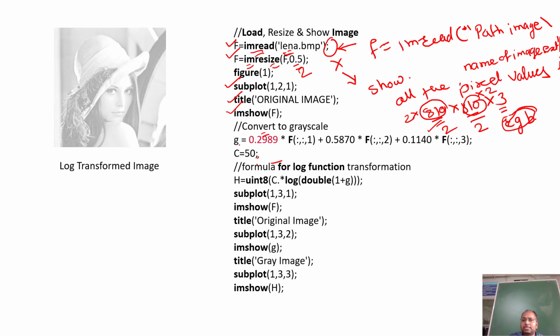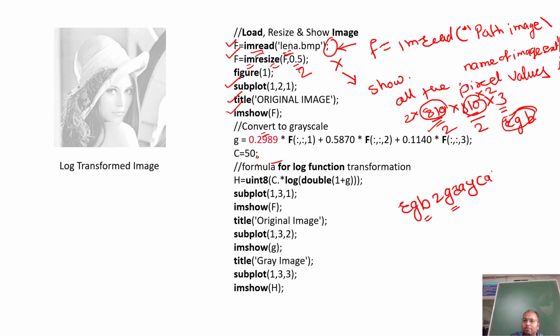In the previous lecture we directly used the function rgb2gray, which we used to convert the color image into the gray image.